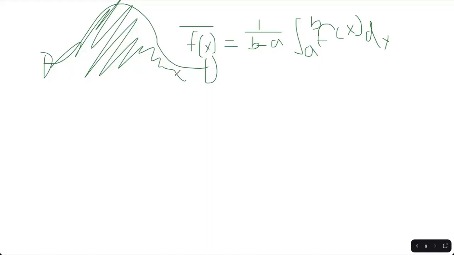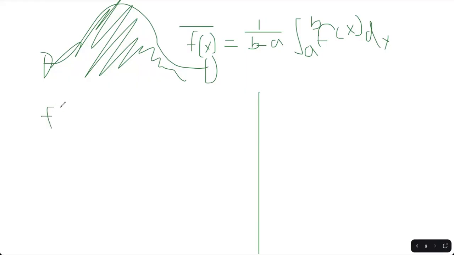Now, there are 2 mean value theorems according to the book. Technically, only one of them is an actual mean value theorem. The other one is not usually called a mean value theorem, but since it has to do with a mean value, it's called a mean value theorem in the book. The actual mean value theorem is about derivatives, and it says that if f of x is continuous on the closed interval [a, b] and differentiable on the open interval (a, b), you have the